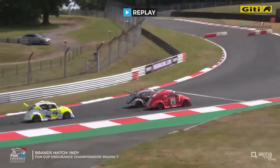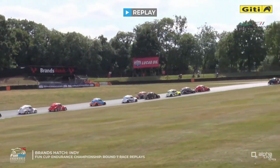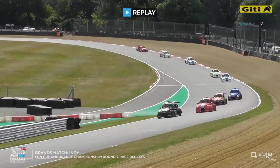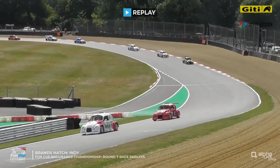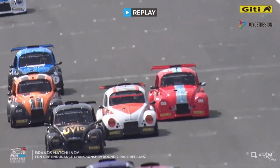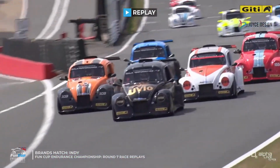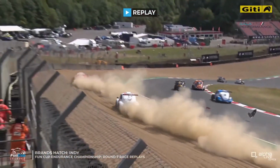There is the UVO car at the back of your shot, and there is the 156 that we saw on screen very briefly there. They had a good race themselves, PLR Racing, 146 should I say. Plenty of endurance style driving up until this point. Well, we're 4 wide running down into Paddock Hill Bend. It was very much like a touring car race in these opening few encounters,